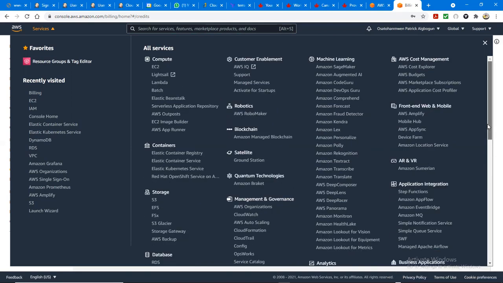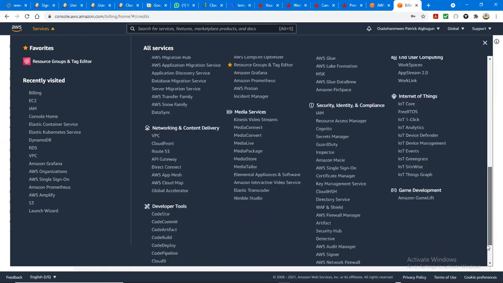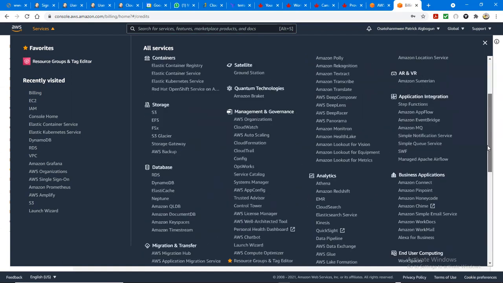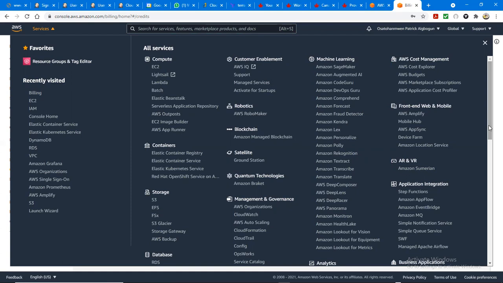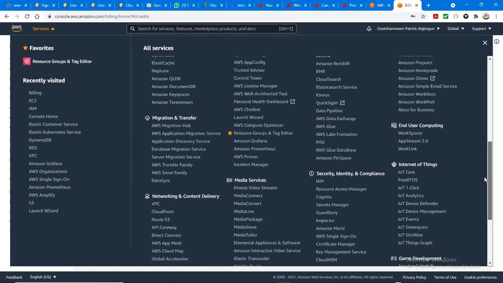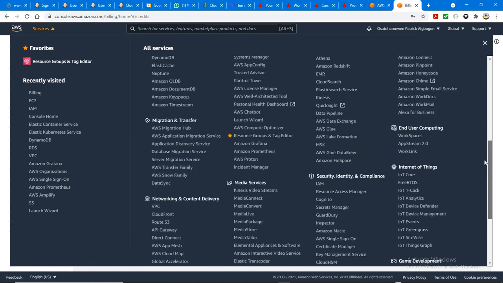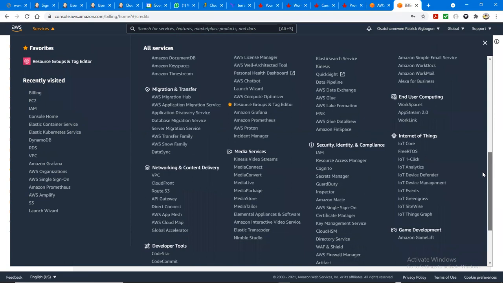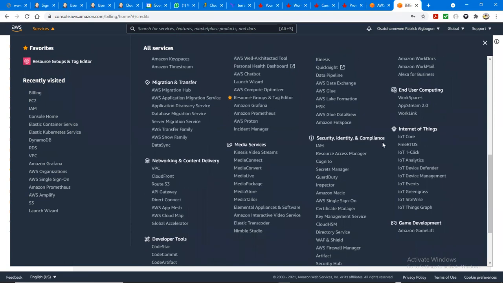These are the resources in the data center. Everything you see here, you understand me? I can see machine learning, analytics, front end web, and mobile. Oh my God, so you see everything here. If you want to go into security, you want to learn more about security, it's under identity and security